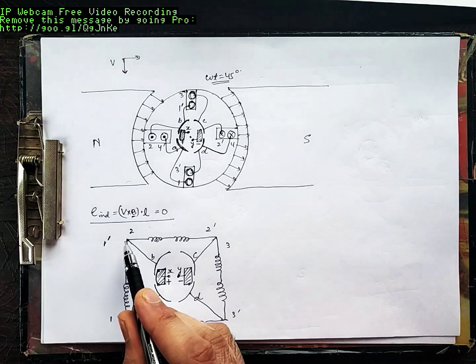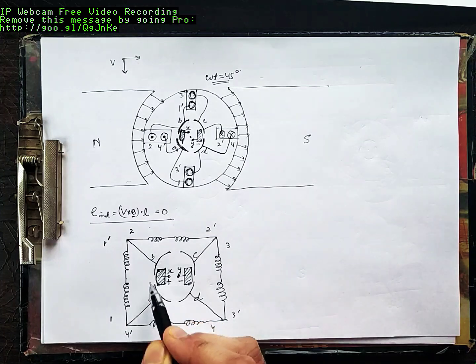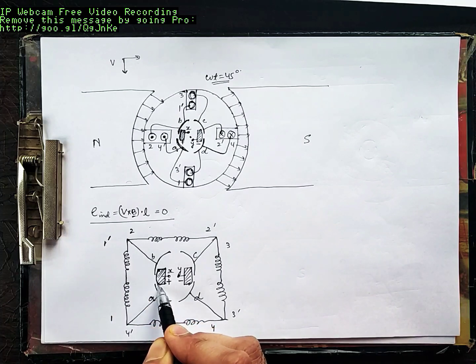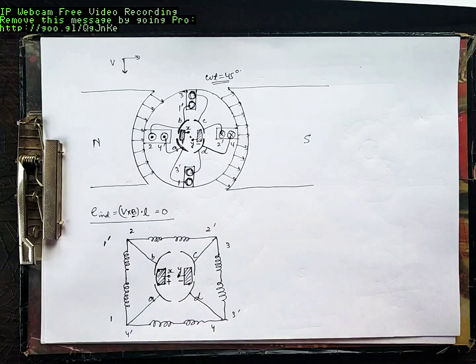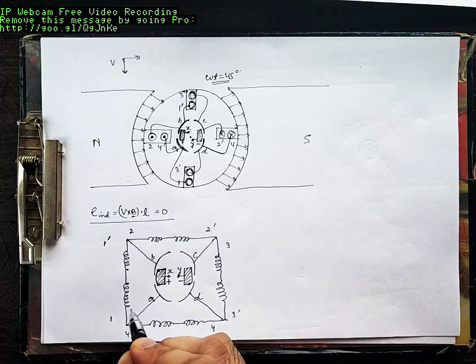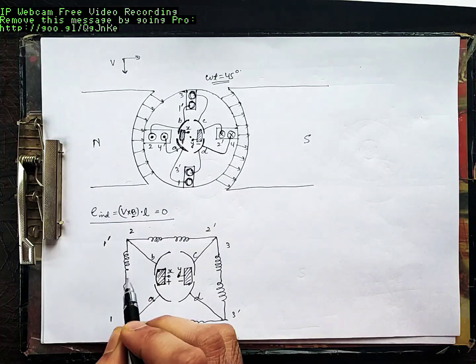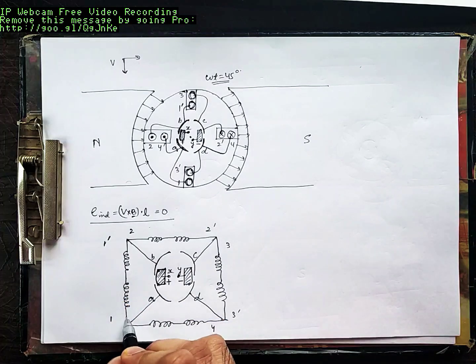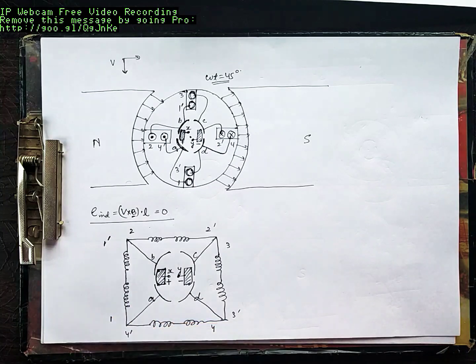Since you are short circuiting coil 1, because coil 1 is connected between A and B and you are short circuiting that using brush X, if there is a voltage in coil 1, that voltage is being short circuited through this path. There can be a huge circulating current which will burn out the winding 1.